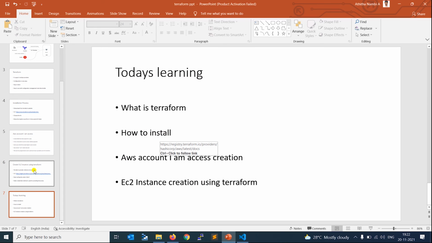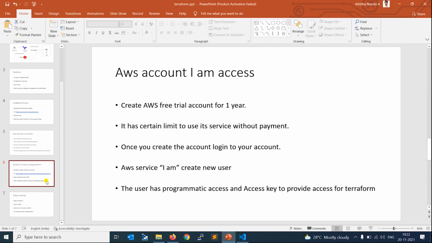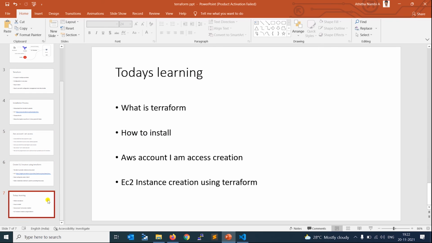Today we have learned what Terraform is, how to install Terraform, how to create an IAM user with access, and then we created an EC2 instance by using Terraform.